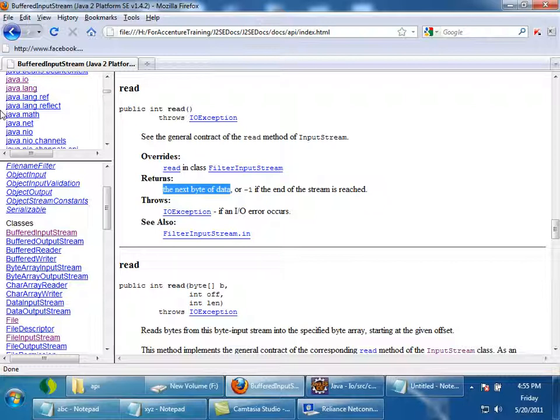It will not go to the file until the 8 KB is finished. After the 8 KB is finished, if I call read again, it will go to the file and fetch the next 8 KB of data. Like that, the number of reads going to the file system can be reduced if you are using BufferedInputStream.